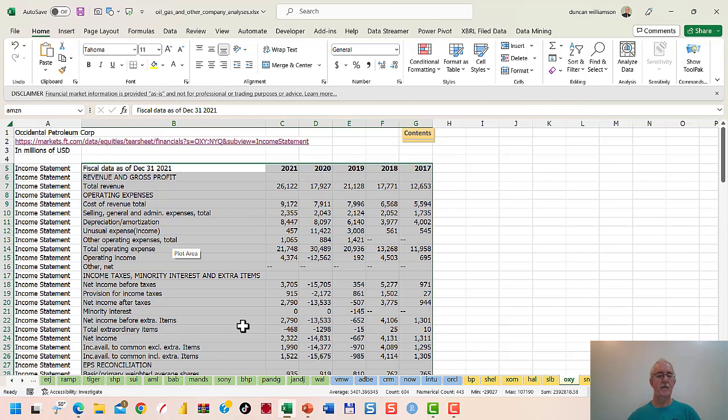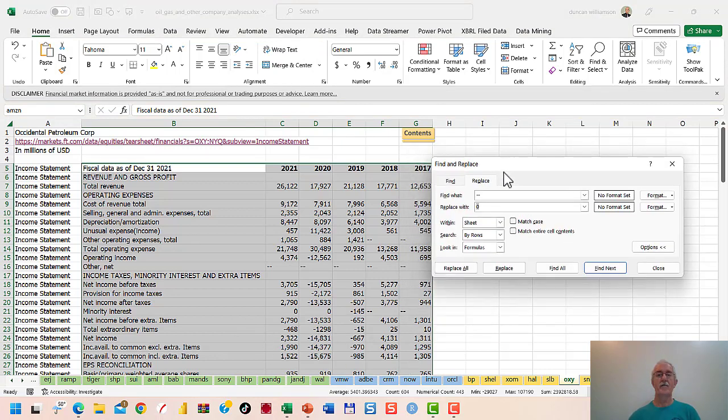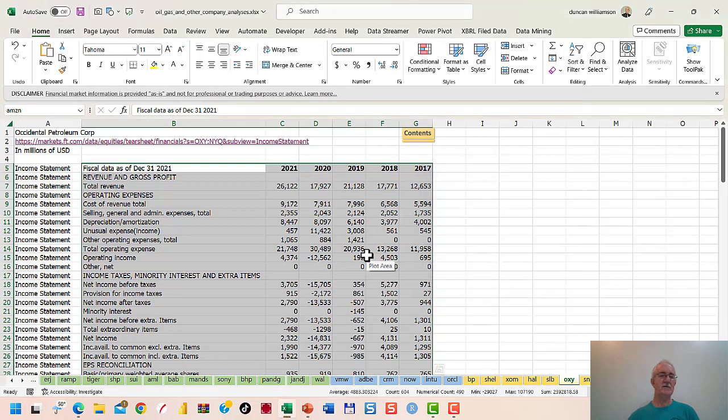So, Alt-E-E, shortcut for find and replace. I've already done it this morning, so there you are. Dash dash, replace it with a 0, and then replace all. 47 replacements in this example, maybe 26 in another one, maybe 58 in another one, and we're now up to date. Notice it's duplicated the